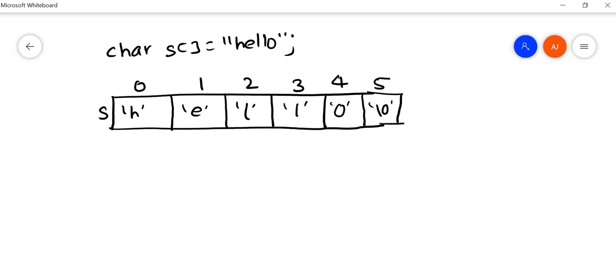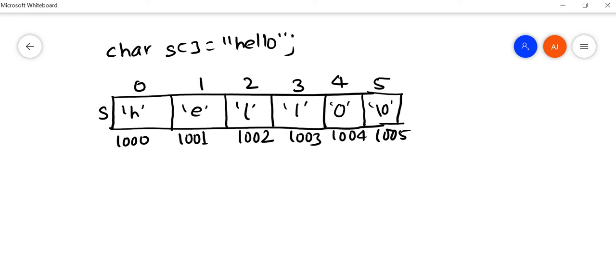Let us say the starting address is 1000. Since each character occupies 1 byte of memory space, the next characters will be at 1001, 1002, 1003, 1004 and 1005. So you have to keep on counting each and every character until we reach the \0 symbol.